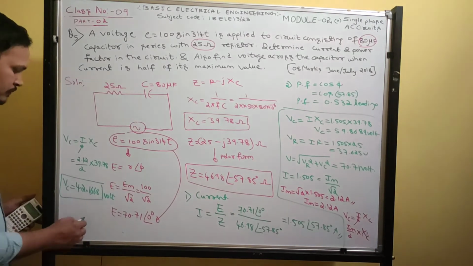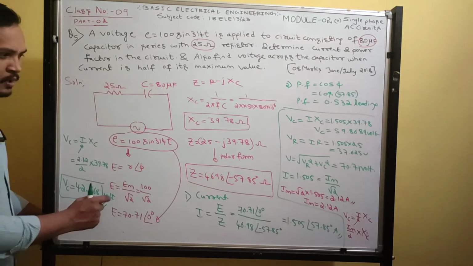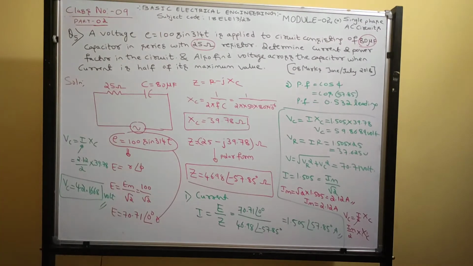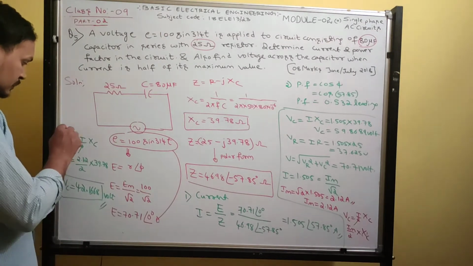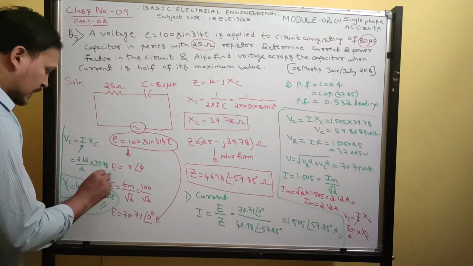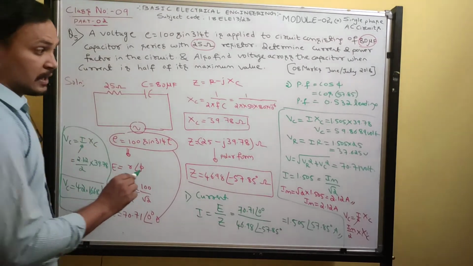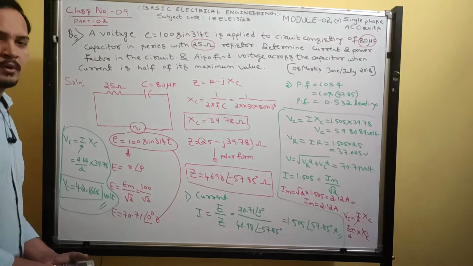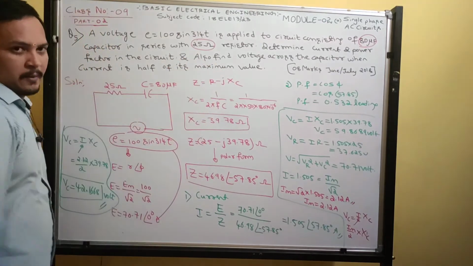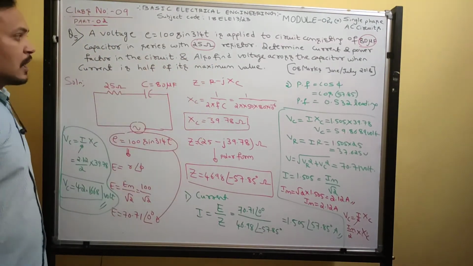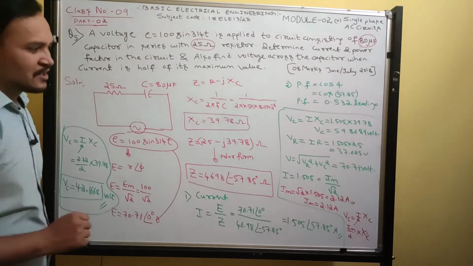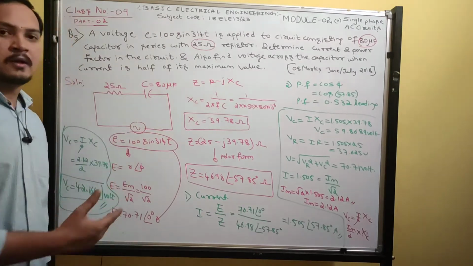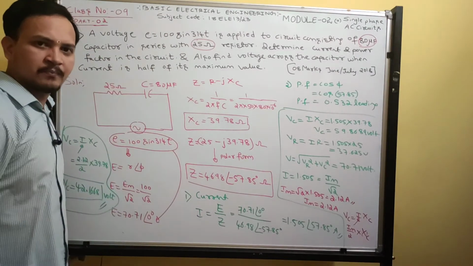So this is the voltage across the capacitor. But without that, the voltage across the capacitor is 59.8689. Okay, got it? This is what they asked in the question to calculate, but I wrote some extra things because that is also required, the maximum value. If they ask for half of the RMS current, then take half of 1.505 and substitute here. That's it. Shall we move to the next problem?